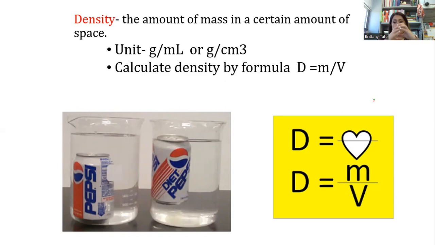Solids are your most dense because the particles are close together and vibrating. And then as we move from a liquid and then to a gas, it's going to be the least dense. Okay, so remember we did the experiment with the Diet Coke and the regular Coke, and the regular sunk while the Diet Coke floated because of the changes in density there.